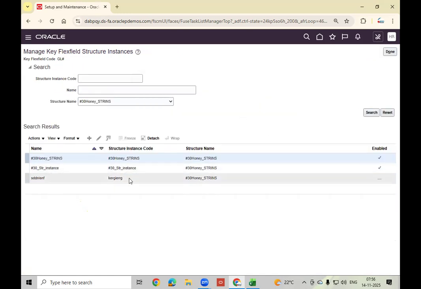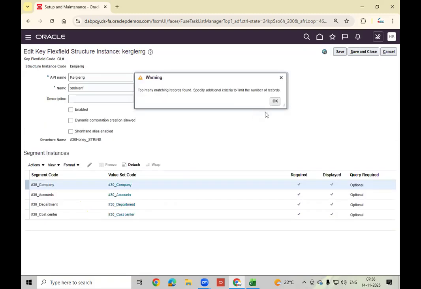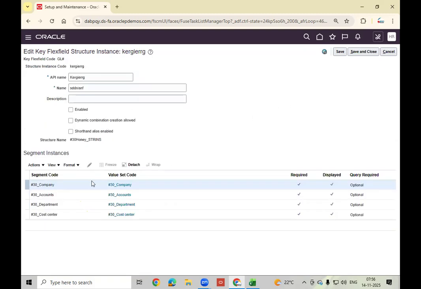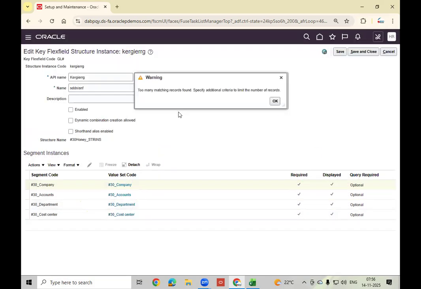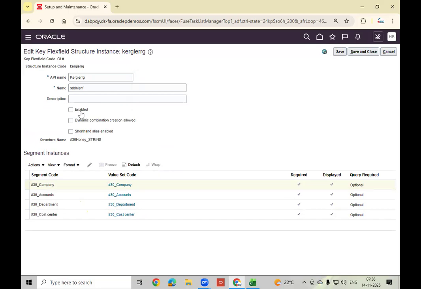Then why has this failed? This one is also okay. All structures look good, and that too, here it is in disable mode.